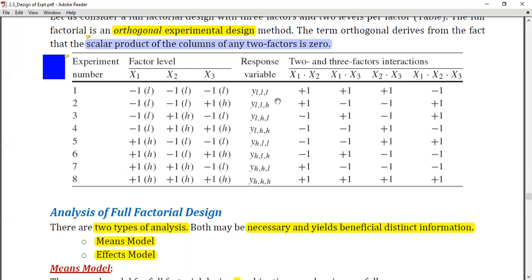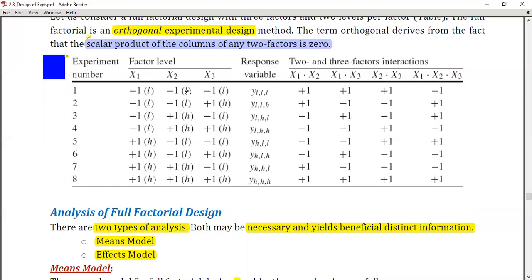Similarly for x2. You may find it a little difficult because intermittently you have plus and minus, and you have to sort it out. The easiest way is to multiply the sign with the value and sum it, divided by the number of plus or the number of minus; both should be equal. Otherwise you can say the number of experiments divided by 2. For example, -1 into y, -1 into y, +1 into y. Like that you take the sum product, multiply it and sum it up. So sum that value divided by 4.